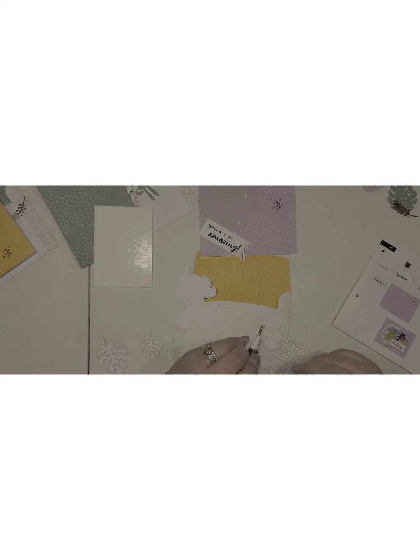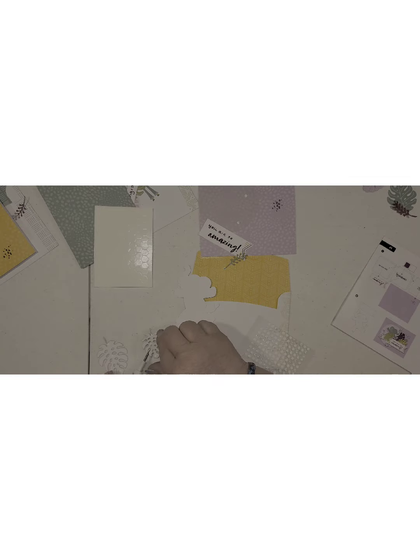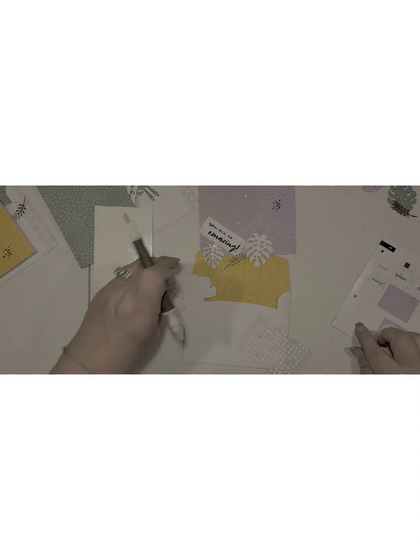Okay, so these guys put one here and one on the bottom here. So obviously that's getting covered up. Otherwise I wouldn't put them there like that. So that one's going to go there. This is going to go here. This is going to go here. And then we have the sentiment